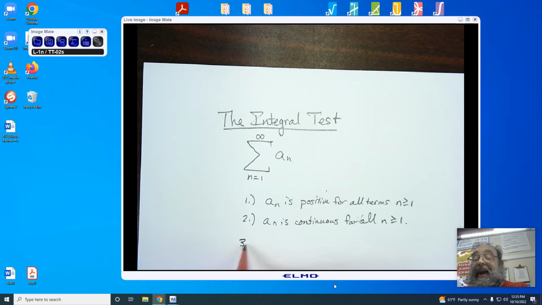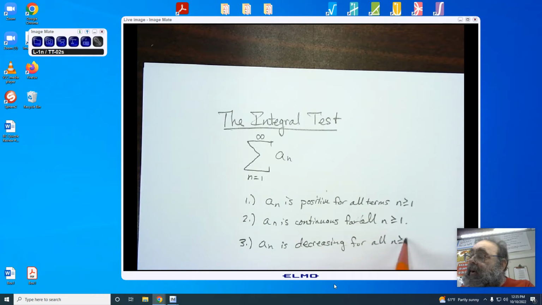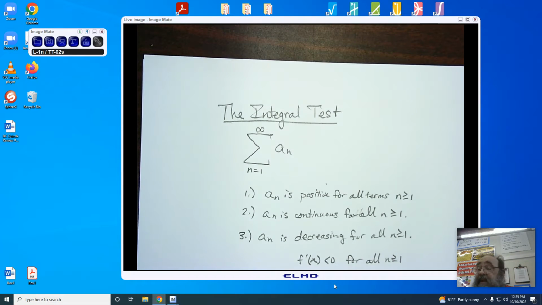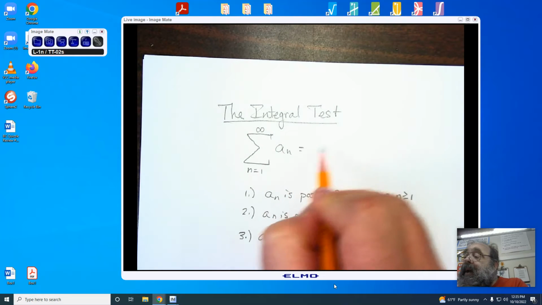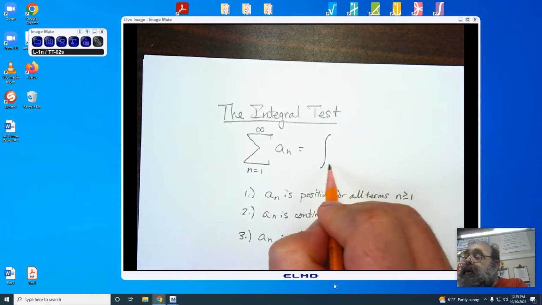Now the third condition that we have is that a sub n is decreasing for all n greater than or equal to 1. And that means that f prime of x is less than 0 for all n greater than or equal to 1. Now, if these three conditions apply, we can then look at this summation